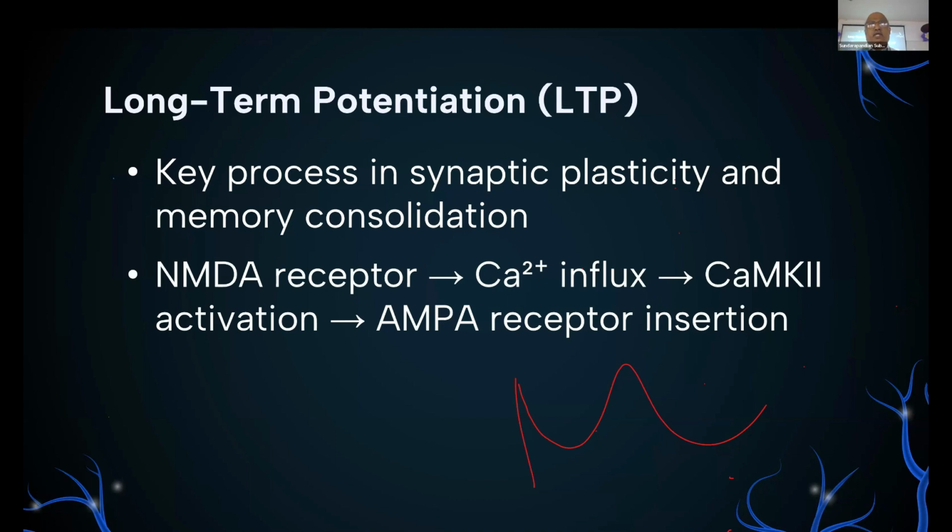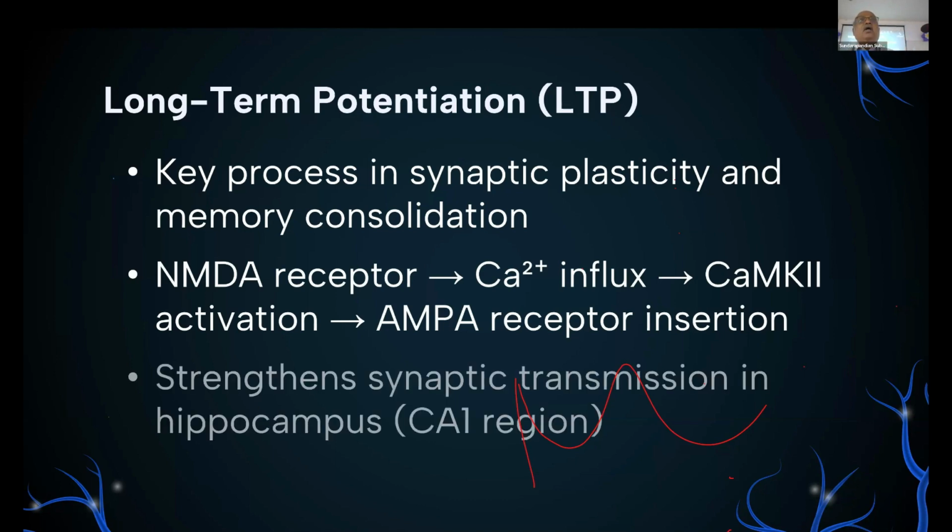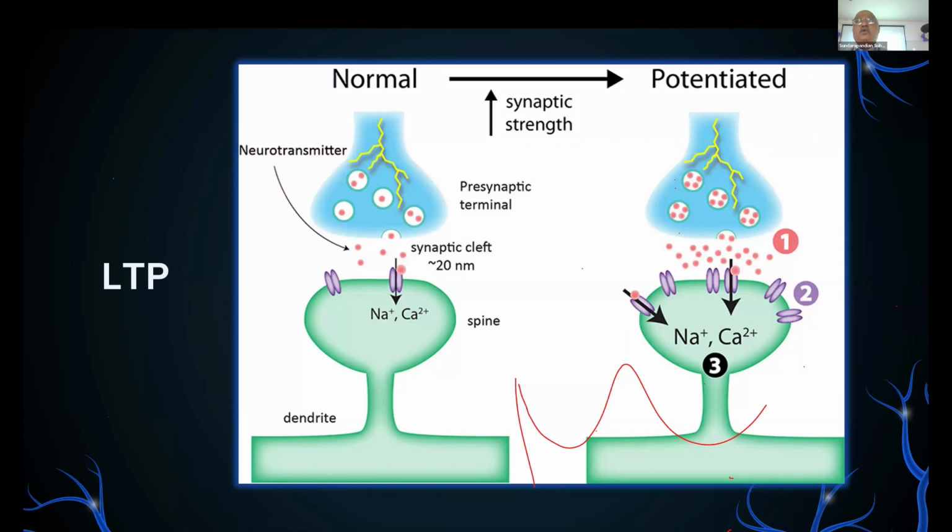So in the postsynaptic neuron, we have two receptors. One is the NMDA receptor, another one is the AMPA receptor. Whenever you are learning, that signal I told. At that time, glutamate is the neurotransmitter secreted by the presynaptic neuron. See that? The first picture is the normal one. See the presynaptic neuron, these are the glutamate in the presynaptic neuron. This is the postsynaptic neuron where we have the receptors, NMDA receptor and AMPA receptors.